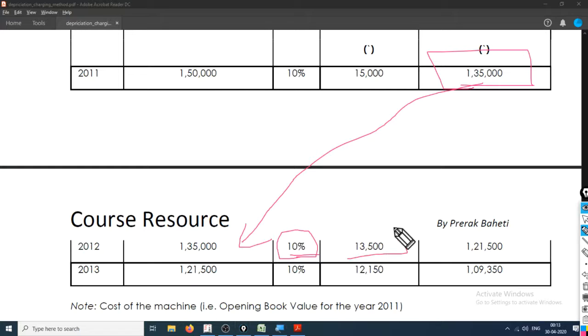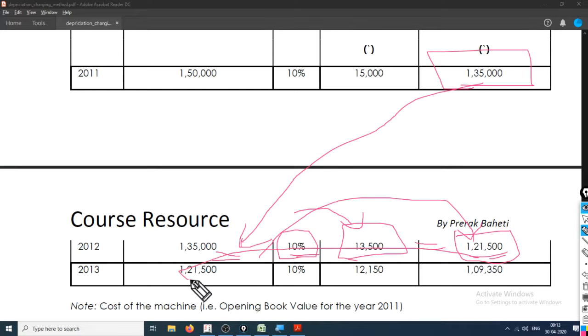Into 10%, that is 13,500, minus. Now this figure will be deducted from this figure, which will come to 1,21,500. Now this is the new depleted value of the asset, which will be carried forward to next year, and 10% will be charged on this, hence reducing the depreciation from this depleted value, which will come to 1,09,350.